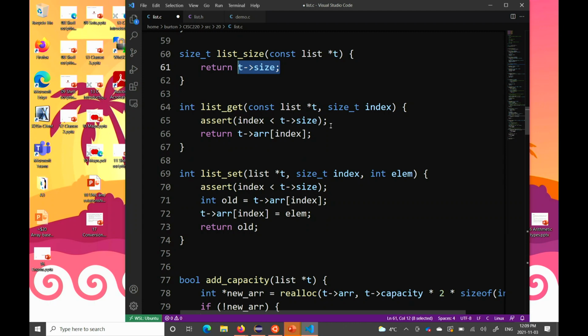Get is also easy, right? Because I'm just getting an element in an array. So if the index is valid, I can just write that, and that's very fast. So in C, for any array, that's O(1), big O(1). Now, I'm going to use assert to make sure that the index that's passed in is actually